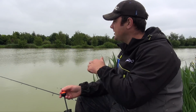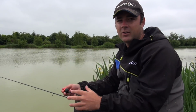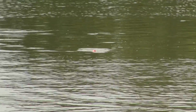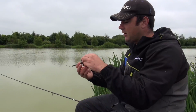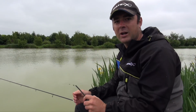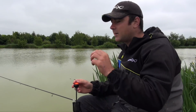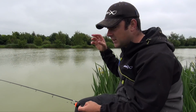And then what I would advise is every sort of 20-30 seconds, maybe something like that, depending on how well you're catching, just give your rod tip a flick and a twitch, and what that'll do is that'll kick the float up. So the first thing it does is create like a puff of ground bait outside of it, and a few more bits and pieces leak off over your hook bait. And also, as you can imagine, as you twitch your float up, your hook bait twitches up with it. So you're just creating a bit of life into your hook bait, and an extra sort of cloud of ground bait